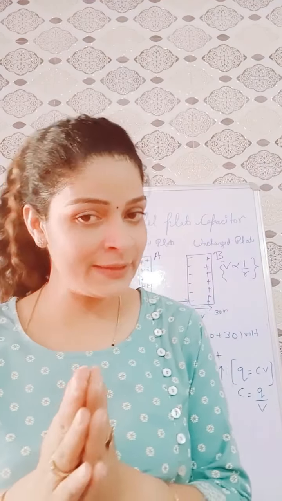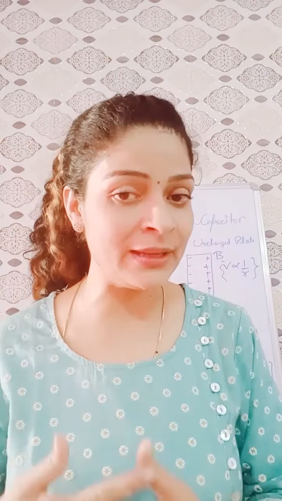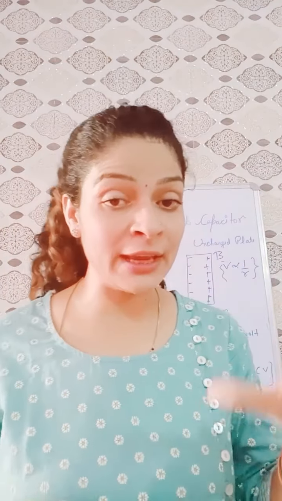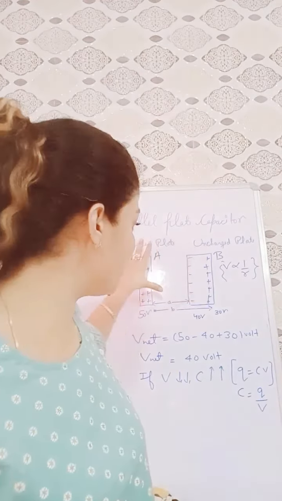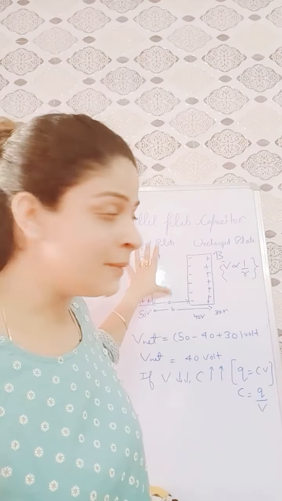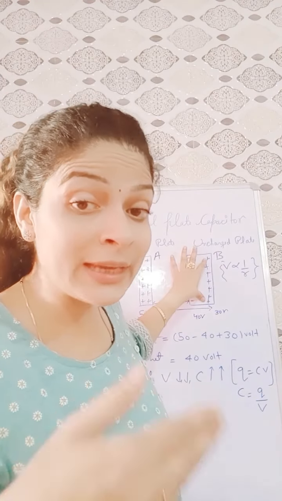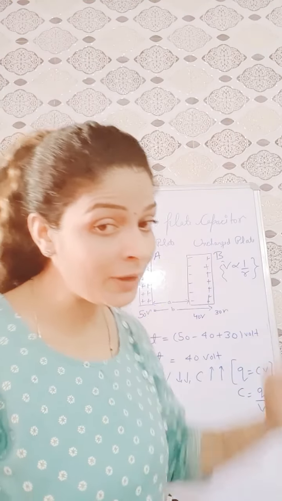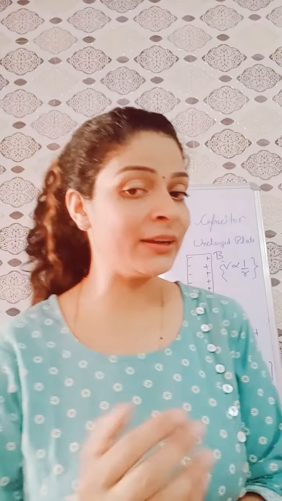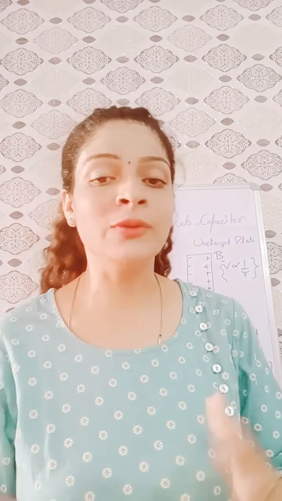If we place an uncharged plate near a charged plate, then the redistribution of the charges takes place in the uncharged plate. Now these negative charges on the uncharged plate reduce the potential of the plate A. Similarly, the positive charges on the plate B try to increase the potential of the plate A. But the overall effect that we have observed is the decrease in the potential of the charged plate A. So let us try to understand it.